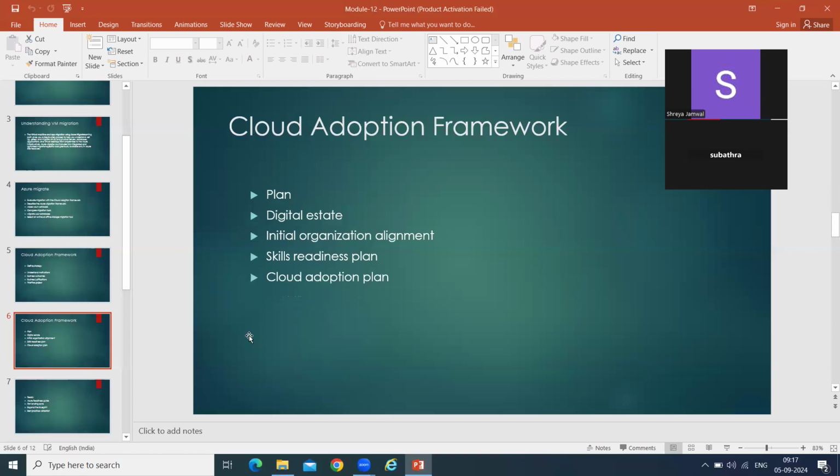You have to plan. You have to see the number of resources, the digital estate. What is the digital estate? I think it is all about the resources: what databases you want to migrate, what type of front end, back end, and middleware.